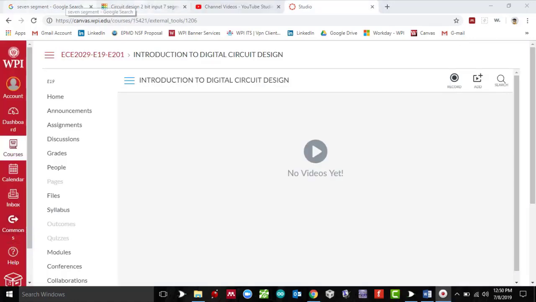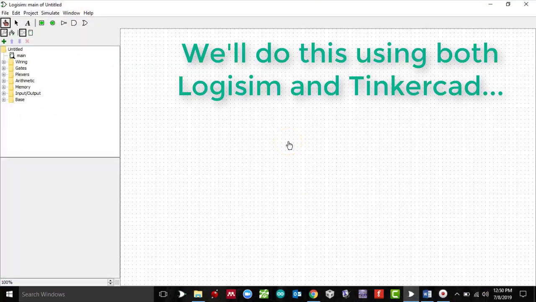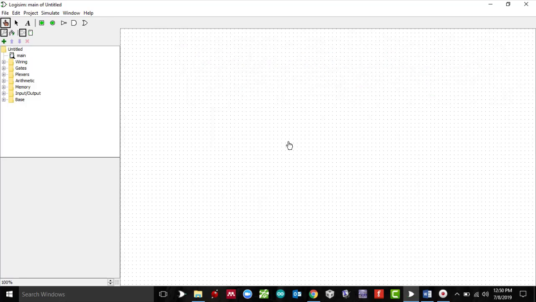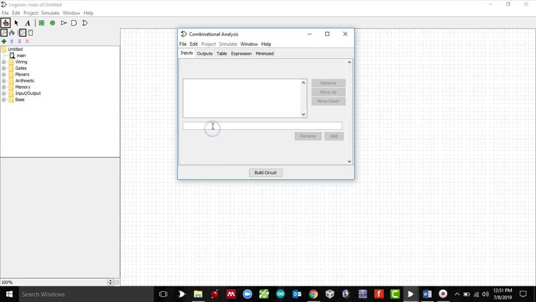So let's get started. I'm going to create a logic circuit, and for that I would have to create and analyze a circuit. So say our inputs, because it's a 2-bit input, we're going to have 2 switches. Say those are switch A, switch B,